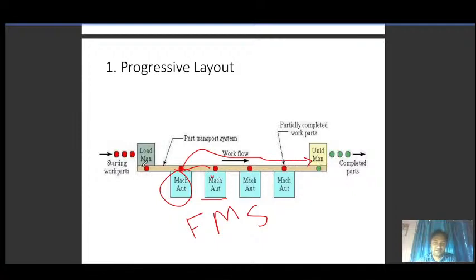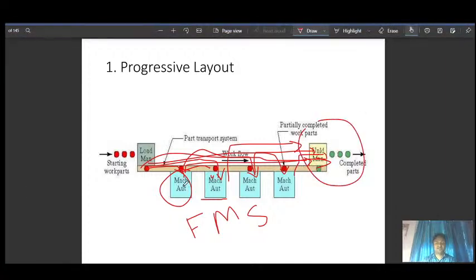The part will come here, and here, and from here also, on all four machines, and all four machines complete the operation and send the finished product to unload the part. So one machine is doing all the operations here.